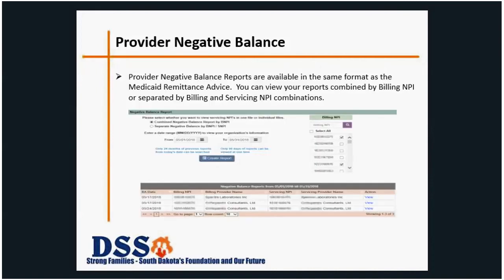We will move on to the provider negative balance report. This will be for users who use the Medicaid remittance advice, and the format of this report is exactly the same as the Medicaid remittance advice. You can view your reports either combined by billing NPI or separated by billing and servicing NPI combinations that you have access to. You will be able to choose the 90-day date span, and you will be able to view